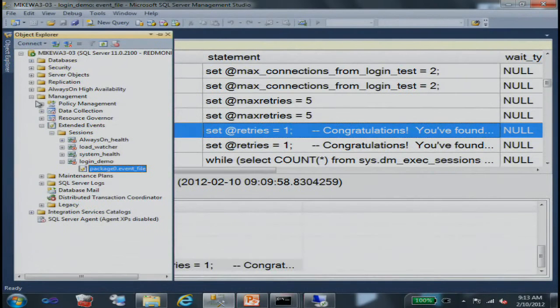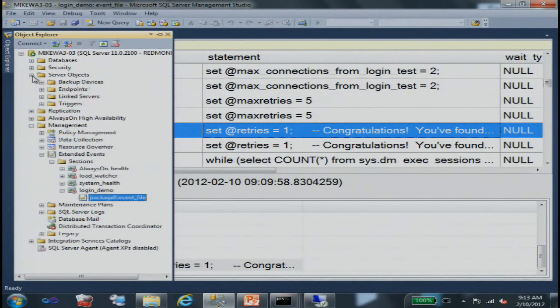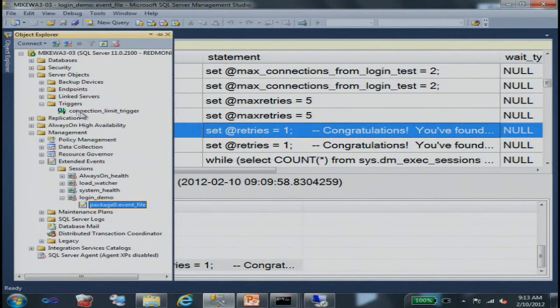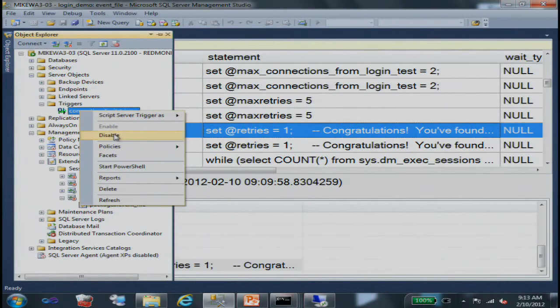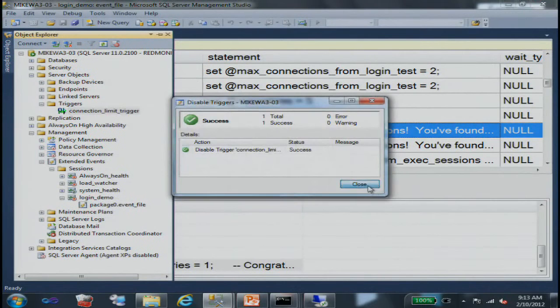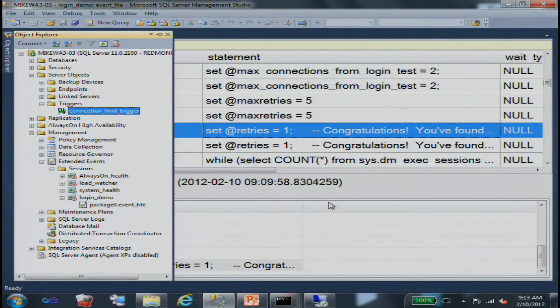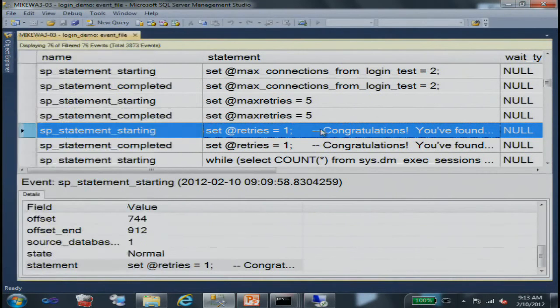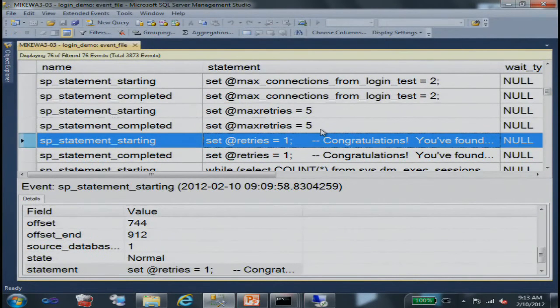We'll call this fixing the problem by going into server objects, triggers, and I can see there's my connection limit trigger. And I'm going to disable it. But you can imagine in the real world, if this were your case and you were having some kind of timeout, obviously we've kind of faked a timeout here with this connection limit trigger. But if you were having a timeout by something, you could see where you could get in here and find